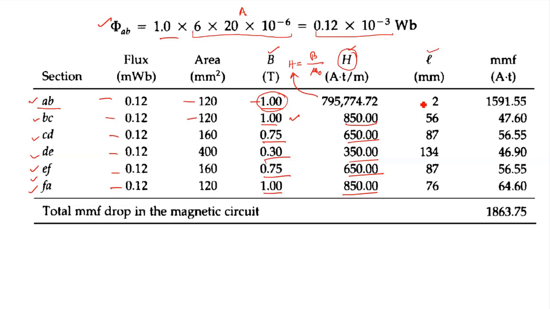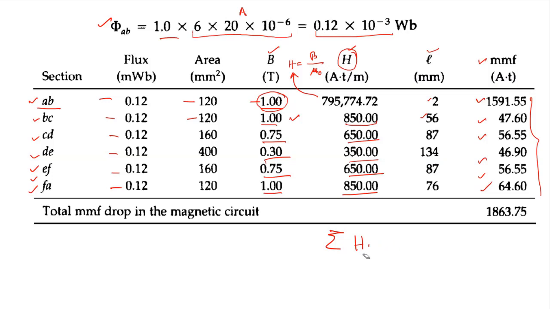After multiplying the main length, the air gap length we know is 2 centimeter, then the BC main length will be 56 centimeter, so 56 millimeter. So after multiplying, I'll find the MMF corresponding to each of the sections. So we found the MMF corresponding to different sections, and then I'll add up all these MMFs, right? So that will give me